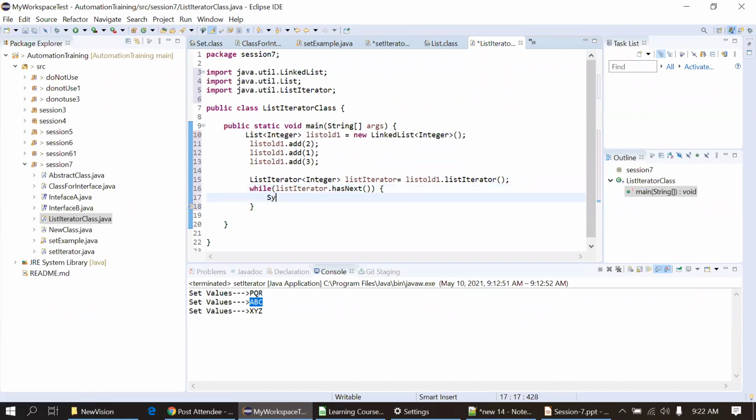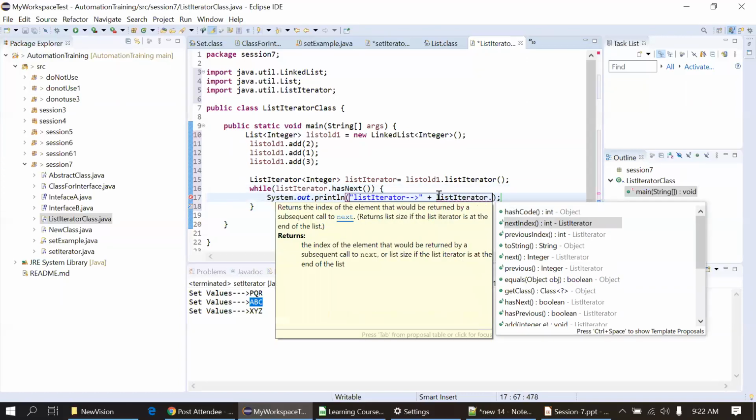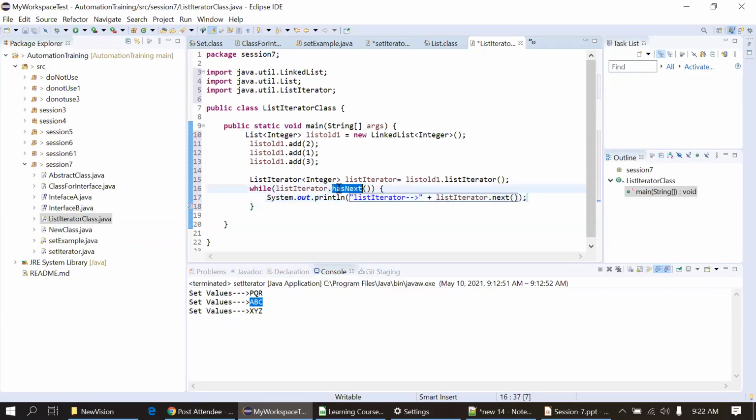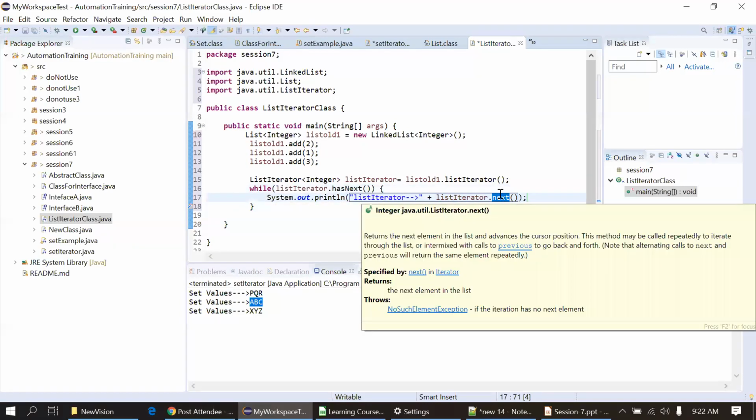I will put in the output here, and then I will use list iterator dot next. Whenever you are using hasNext, we have to use next only. Don't use previous with them.